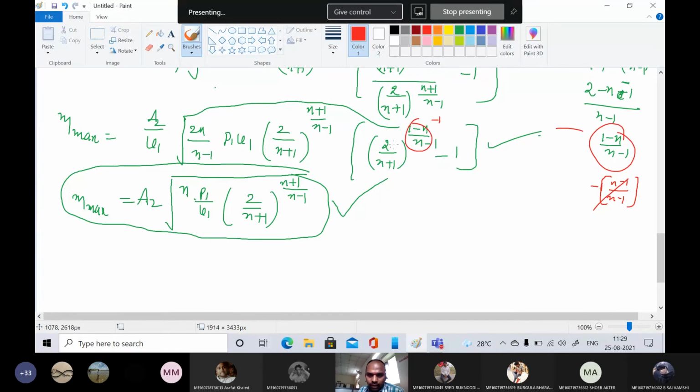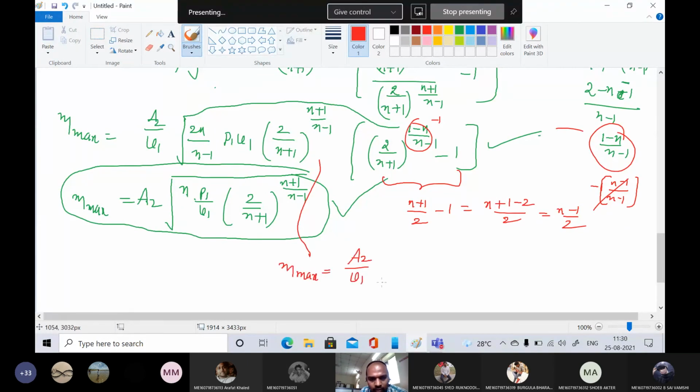When the power is minus 1, I can write it as n plus 1 by 2. Yes or no? This is n plus 1 by 2, minus 1. That is equal to n plus 1 minus 2 by 2, that is equal to n minus 1 by 2. Okay. So therefore, from this step, m max is equal to